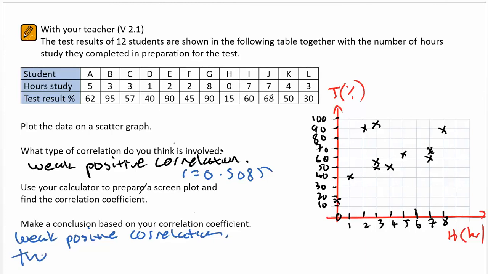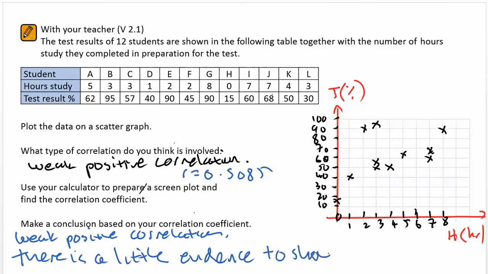So it's a little evidence. So the hours of study increases, so does the test